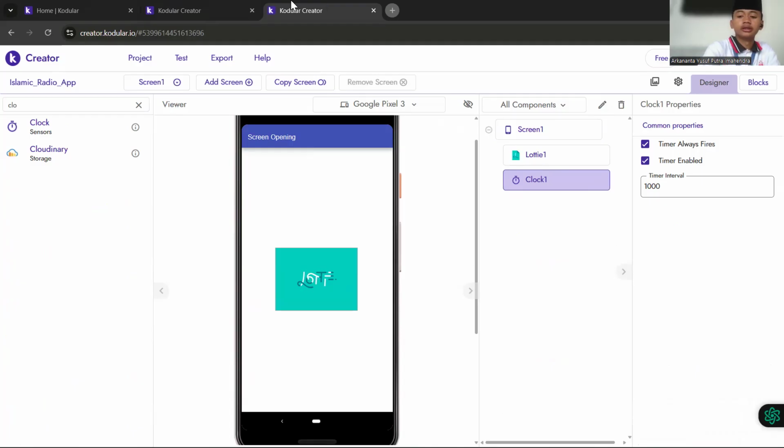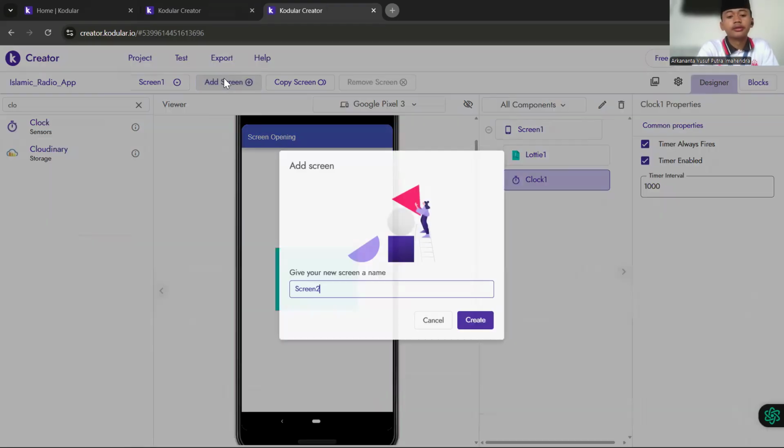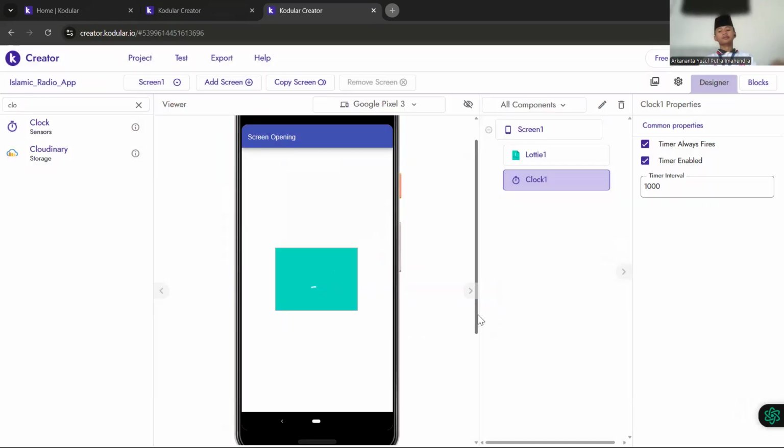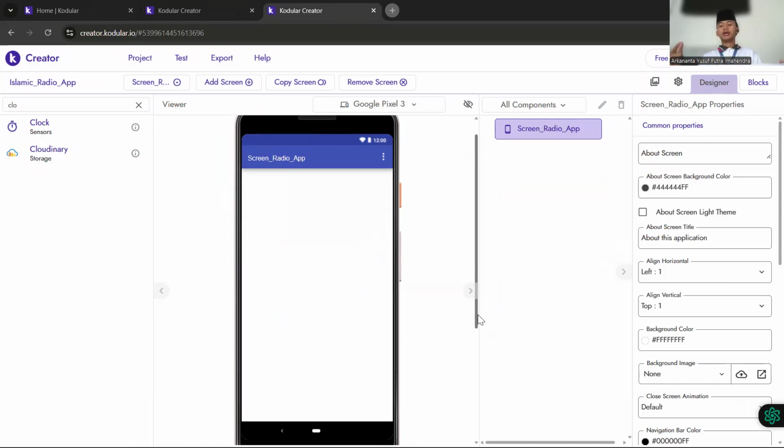For the next step, we can add a screen. The name of the screen is Screen Radio App. We create the screen, and later the screen will be created like this.